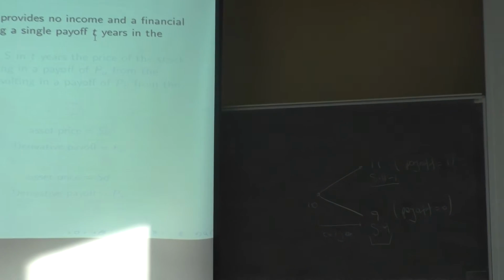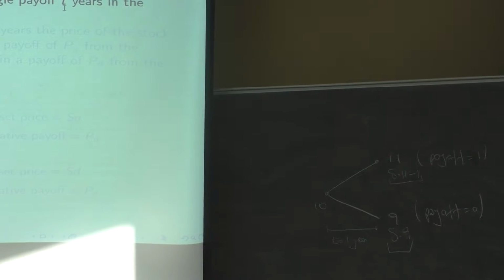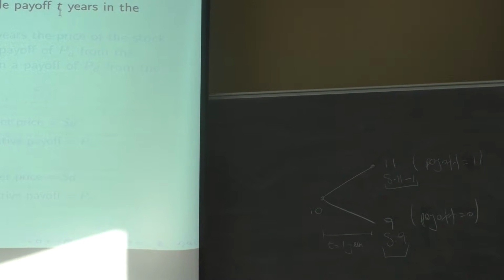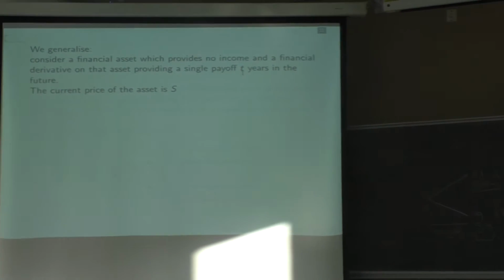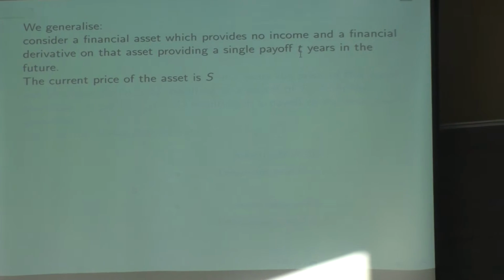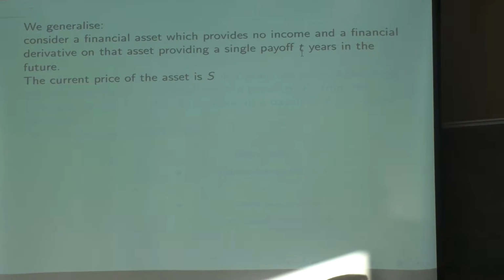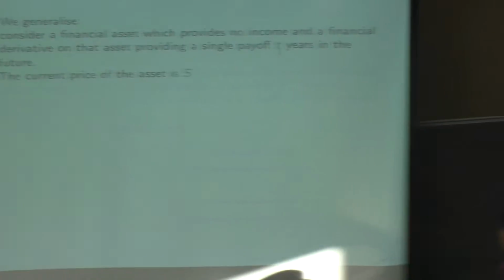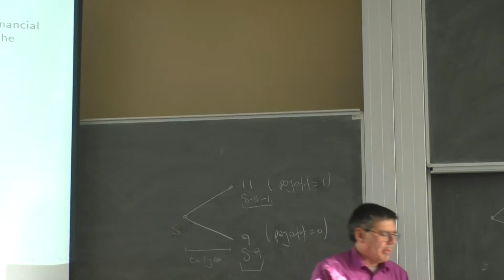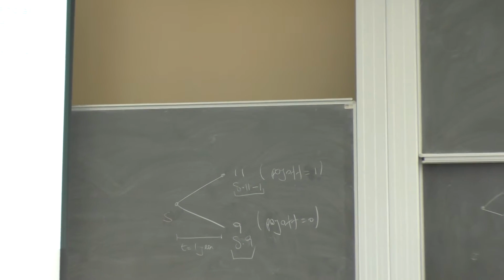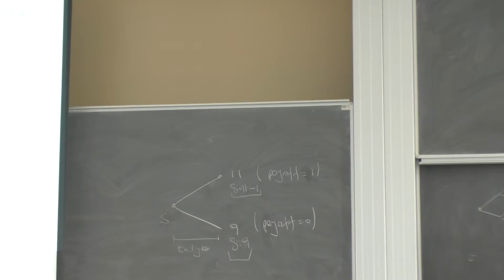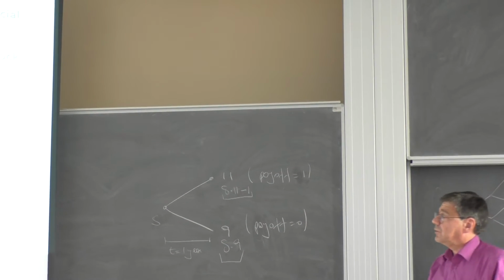And now let's give names to various things. So let's start with an asset price. So I'm going to modify that picture over there. So we're going to start with some asset price. So instead of a 10 here, I'm going to start with a general asset price. And then the asset price after t years is going to go either up or down. And let's assume that it can go up by a factor of u.